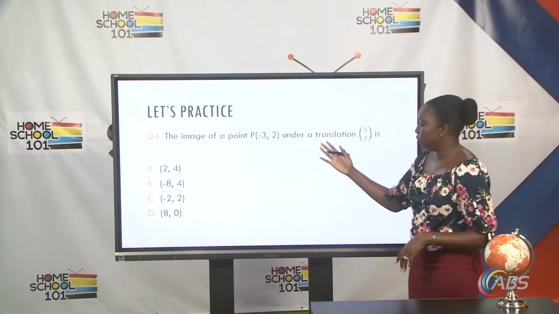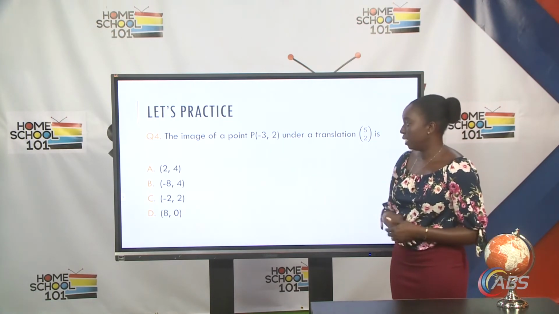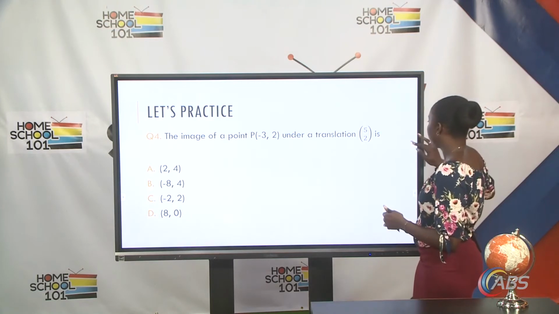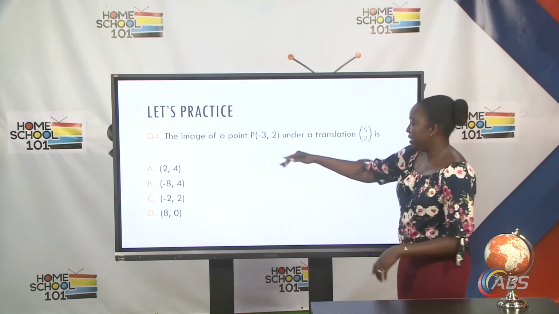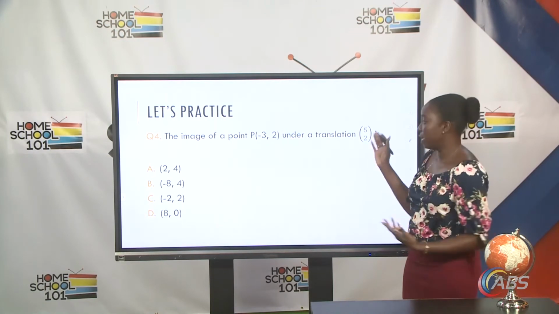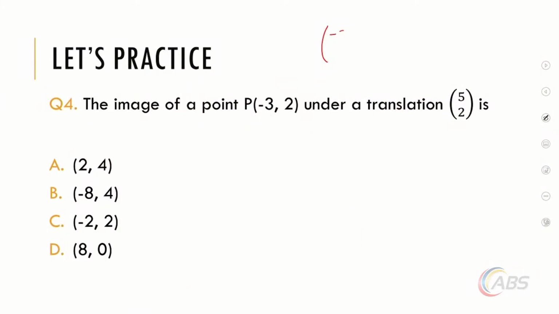One way to do this is to change our coordinate into a vector and then just add it to the translation vector. Our coordinate is -3, 2, so if we change that to a vector and we add it to 5, 2,